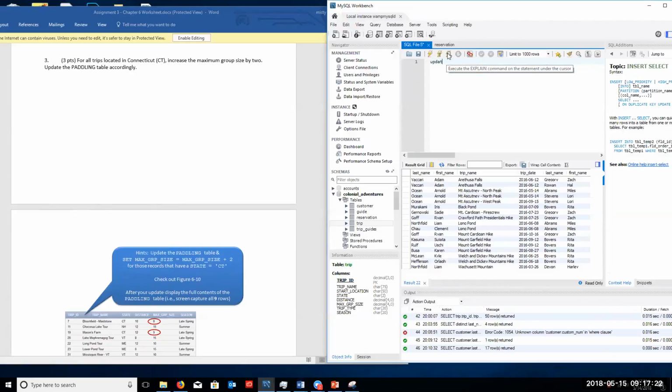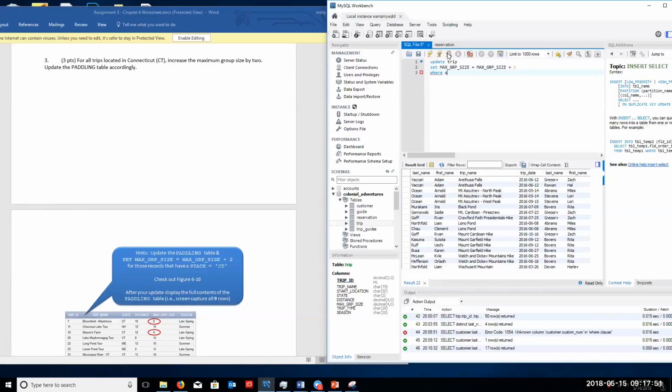So I'm going to say update trip and say set max_group size equals max_group size plus 2,